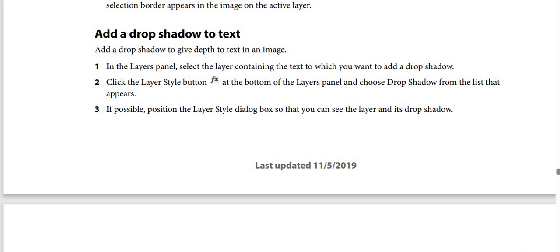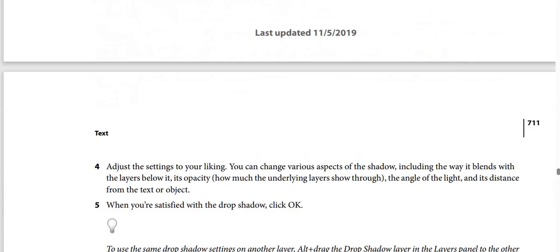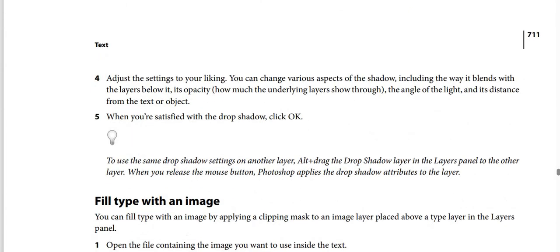In the layers panel, you should select the layer containing the text to which you want to add a drop shadow. And step number 2, you should click the layer style button at the bottom of the layers panel and choose drop shadow from the list that appears. Step number 3, if possible, position the layer style dialog box so that you can see the layer and its drop shadow. Step number 4, adjust the settings to your liking,